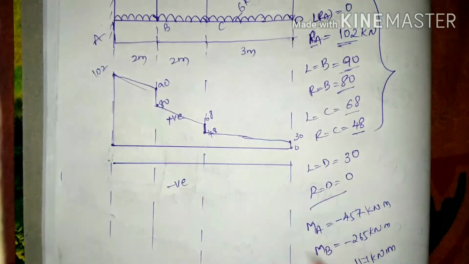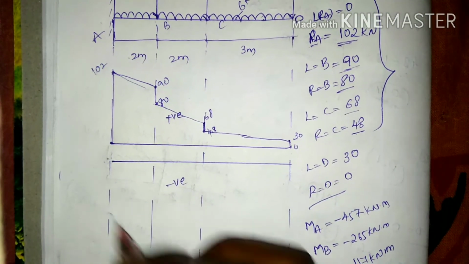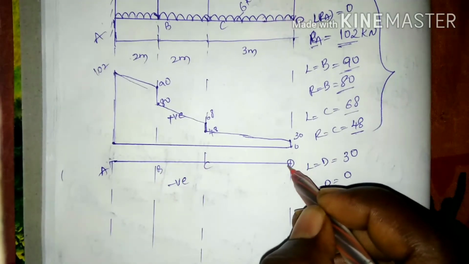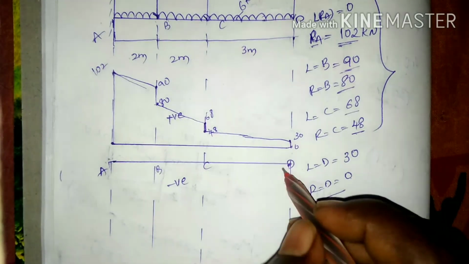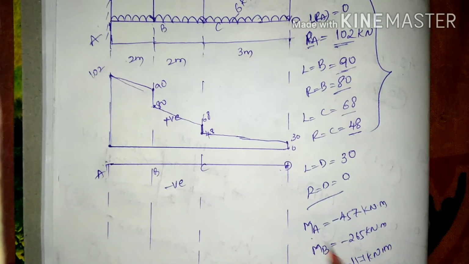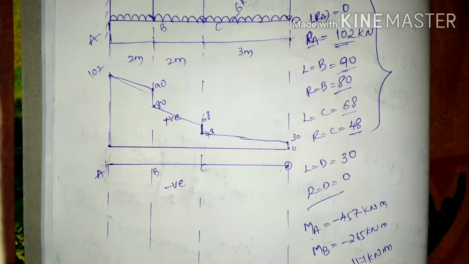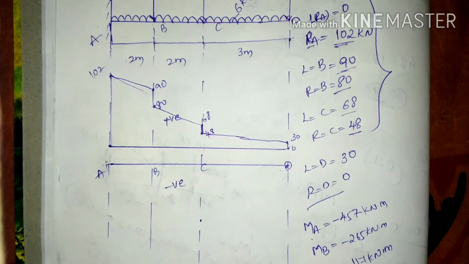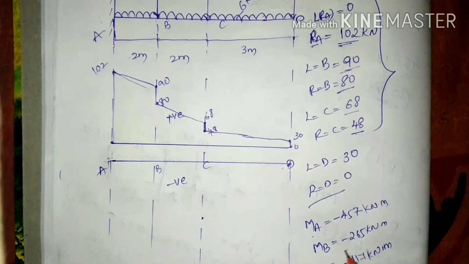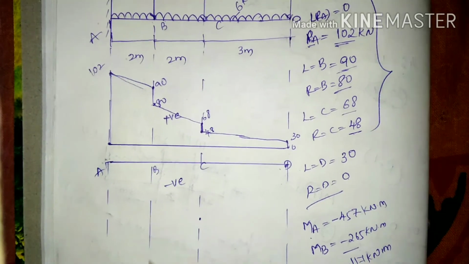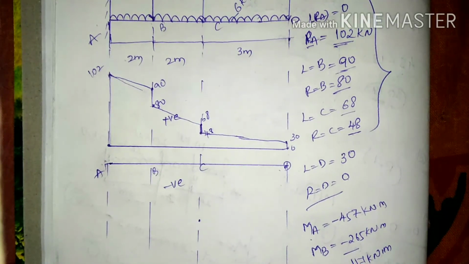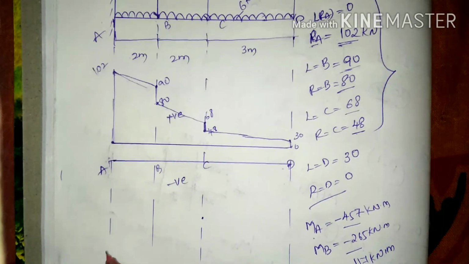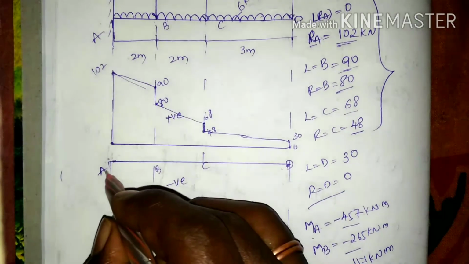Similarly for the moments, here it is A, B, C and D. For the moment about D is 0, thereafter moment about C is minus 117. In the negative quadrant let us plot a point of minus 117 and 265. It is going to decrease for here, and thereafter 475. Let us point here, joining the lines.